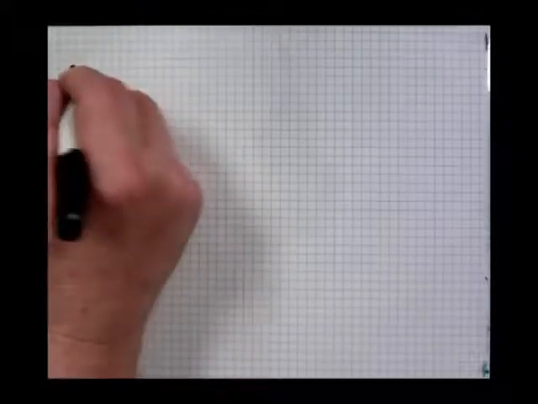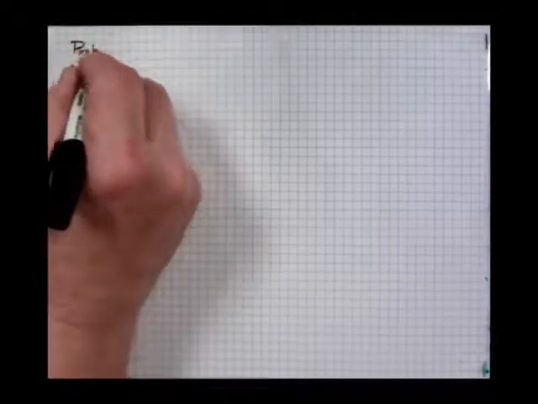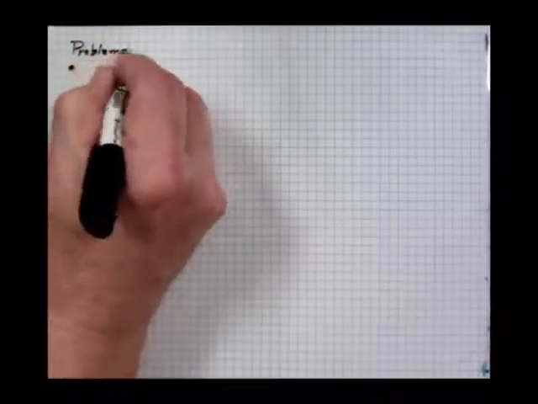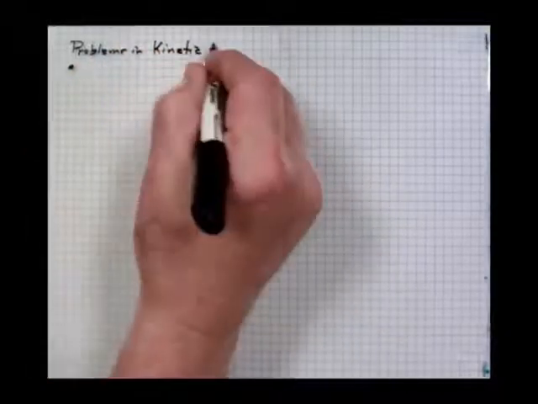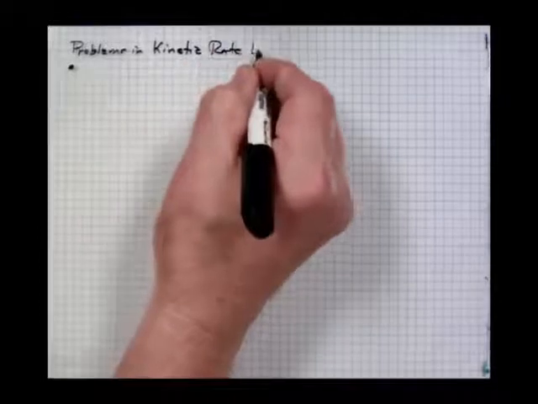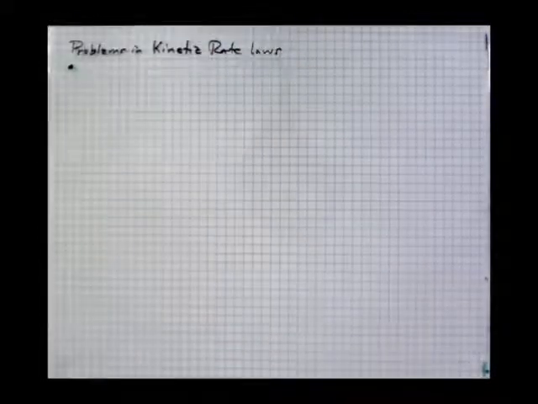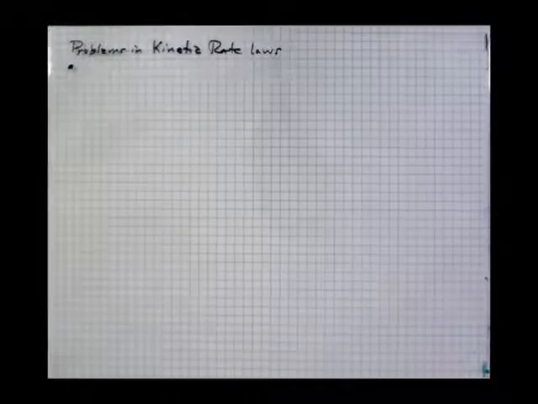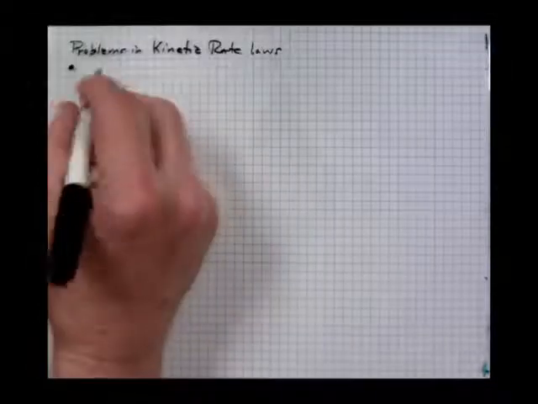So this deals with problems in kinetic rate laws. Okay. First one is units of K for N2O4. They want to know what they are. Okay, so you're given